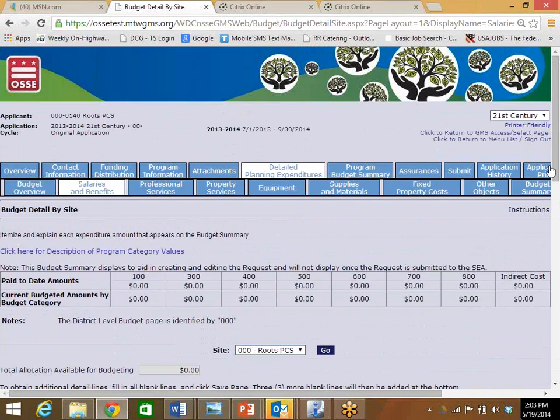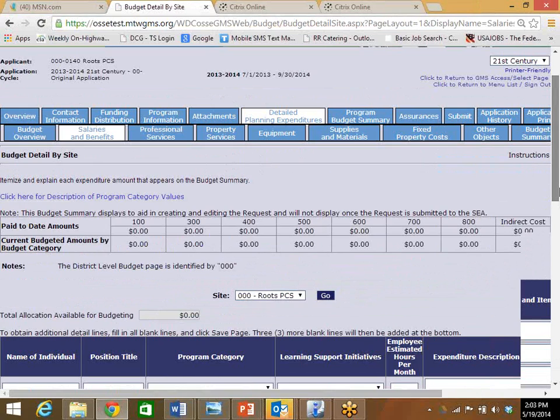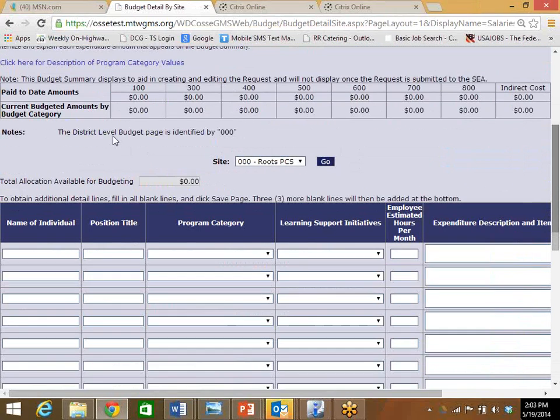In this case, for salaries and benefits, okay, so we actually have to create. Now, this grayed out space, total allocation available for budgeting. In a competitive grant, there is no allocation available when you're submitting the application. It always starts off at 0 because you're building your request. Okay? So in this particular case, we're going to put in